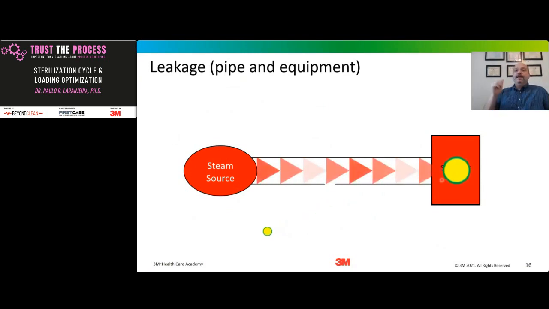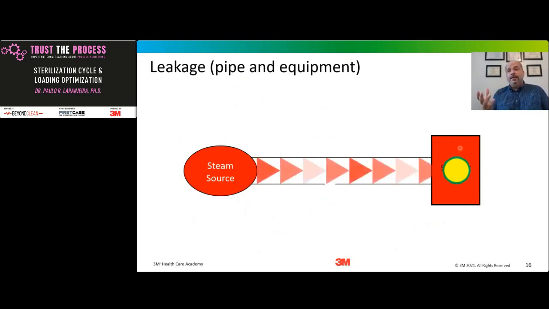The equipment doesn't see that because the temperature sensor is on the drain. This is going to be in the coldest spot inside of your sterilizer, for instance, on your non-metallic devices. Your pressure sensor is not going to measure it because of Dalton's law, because the pressure is the sum of the pressure of the non-condensable gas plus the steam. So the pressure is going to be the same. There is no way you can detect that non-condensable gas that is going inside of the chamber. That's why you cannot use your sterilizer if you have water underneath your sterilizer.